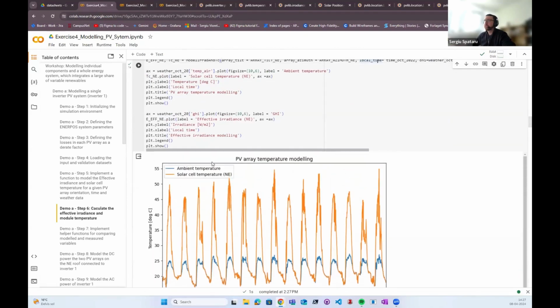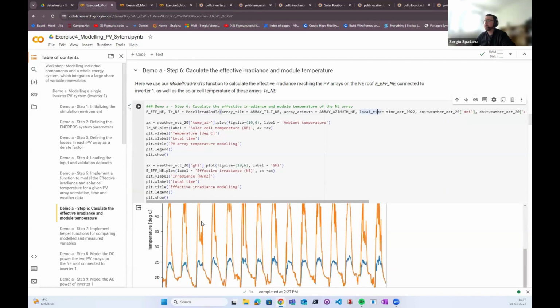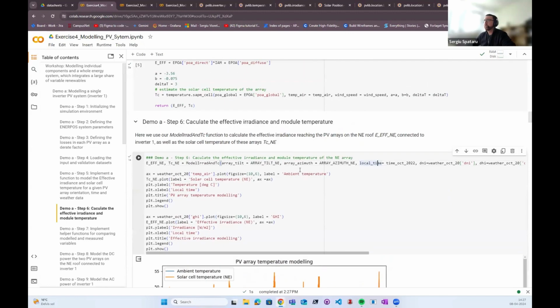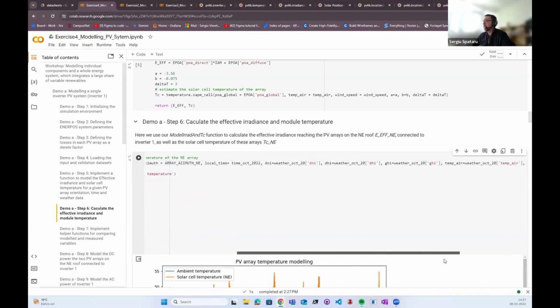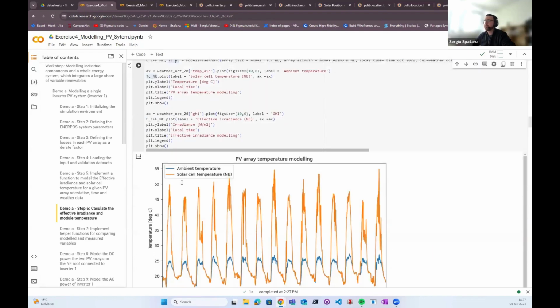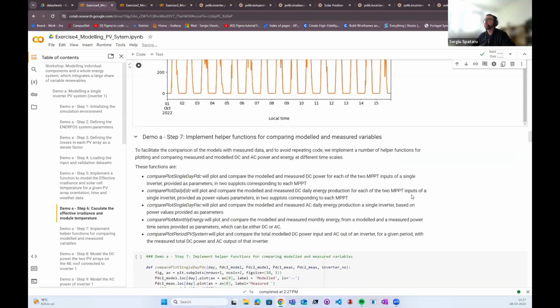And then here are just some plots to check if it makes sense. So with a single function here, I can model both effective irradiance and solar cell temperature just from the weather components and the time vector of the data set. So now I have the effective irradiance and